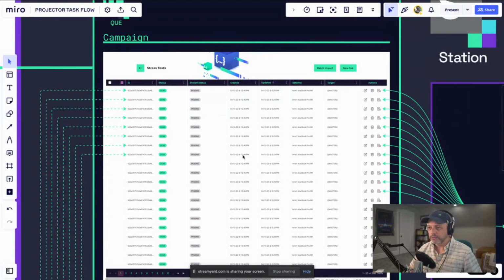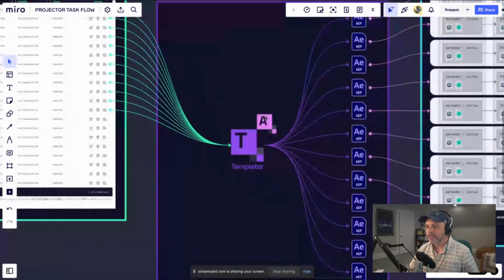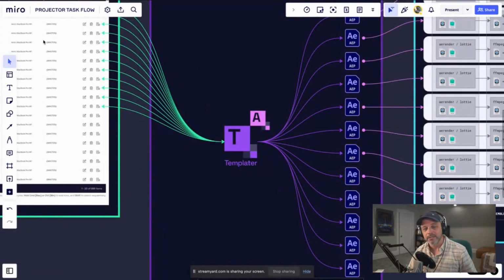Now, once all these jobs get filled up in what we call a campaign, Templator will recognize that new data is coming into a campaign. It has a direct connection into QUE, which is fantastic in terms of ease of use for when you actually connect Templator to this. And it will basically take the data from a job and reversion what we call an autograph.